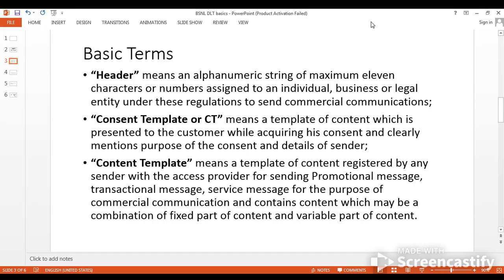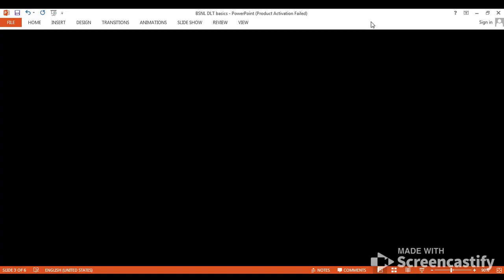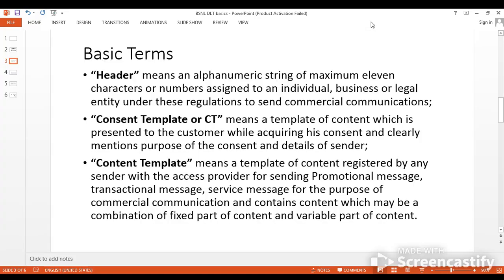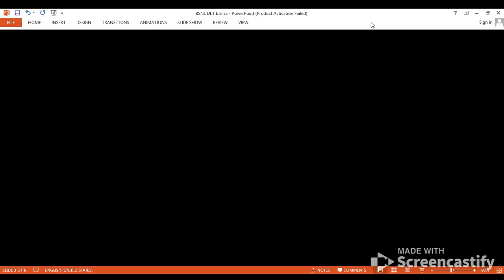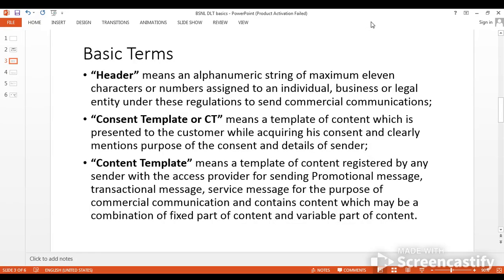Now we'll discuss the basic terms of the DLT. First of all, we'll discuss the header. It means the alphanumeric string of maximum 11 characters or numbers assigned to an individual, business, or legal entities under these regulations to send the commercial communication. The regulations here we are talking about are the TCCPR 2018 regulation, and the header means it's an alphanumeric string of